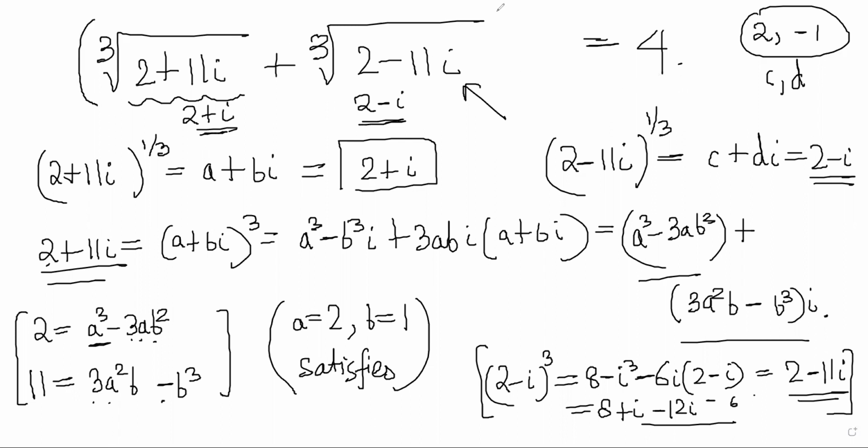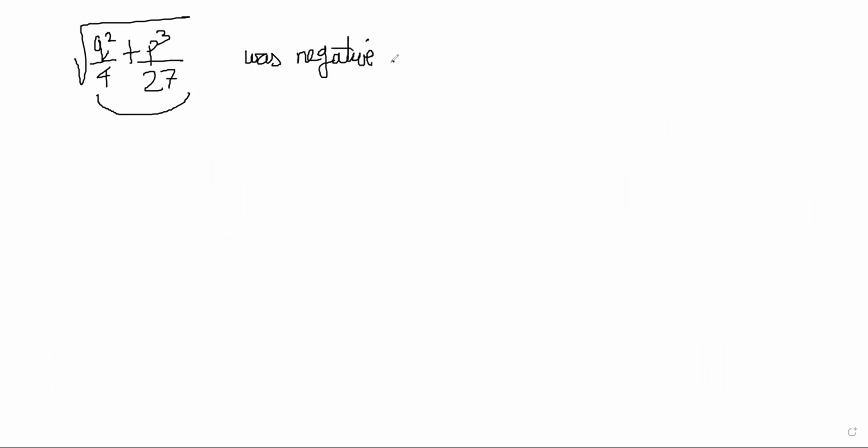So what have we got here? How did this mysterious looking solution become 4? The reason this happened is because we got the root over q square by 4 plus p cube by 27, and here this quantity was negative. In general, you will not have such situations very often, but if it happens, then the roots of the equation will become complex numbers. And even though they look like cube roots of complex numbers, you should not be scared. It might turn out to be actually real numbers, right?